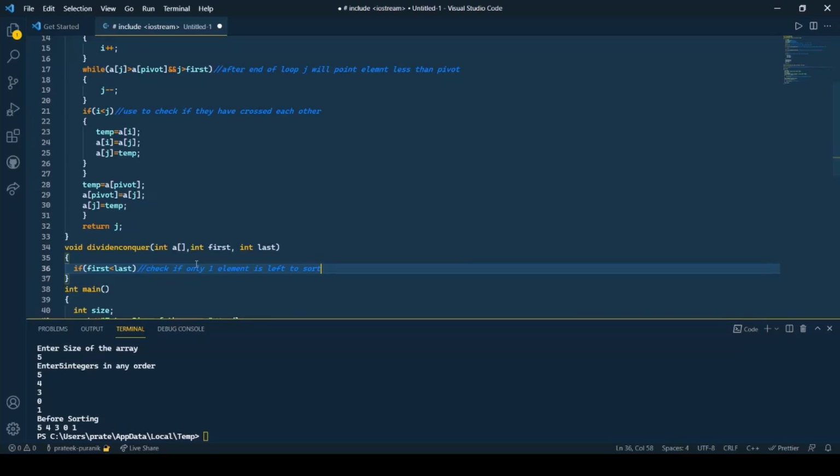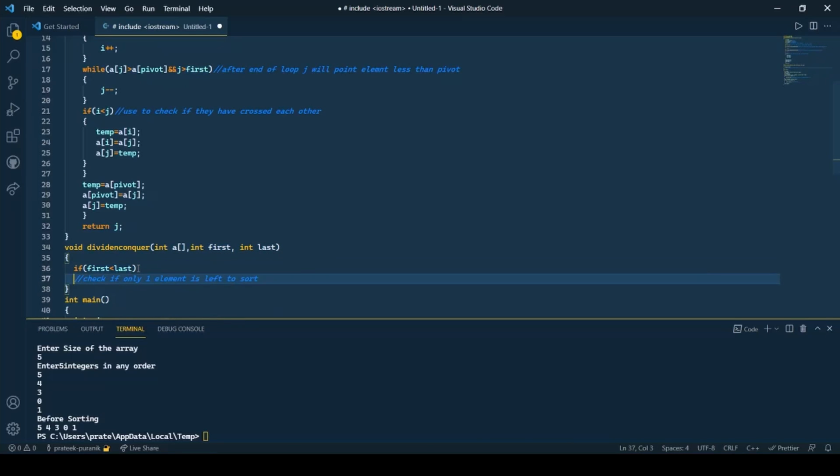So if only one element is left to sort, then the entire array has already been sorted. So we need to stop the process of divide and conquer.